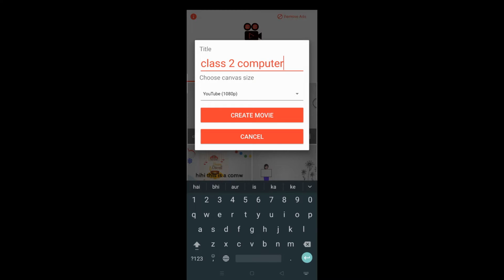Computer. This is the size of the video, meaning pixels. The last one is 1080 pixel. P means pixel. If you create at this size, your video will be in HD quality, high definition, and you can only upload it on YouTube.